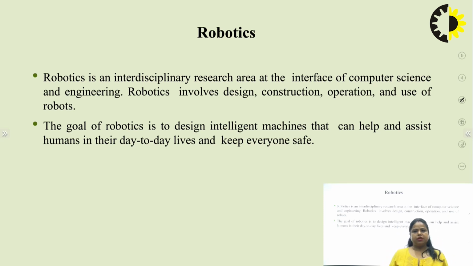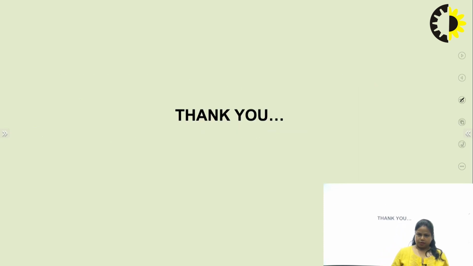Just as a human being works, similarly robots can work. For example, have you ever heard about robots in hotels in which the waiters are not there? They have built certain robots and they are serving the food and taking your orders also. So this can be an example in the case of artificial intelligence. Basically, robotics involves the designing, construction, operation and use of robots, right? So this is all about the brief introduction of robotics.